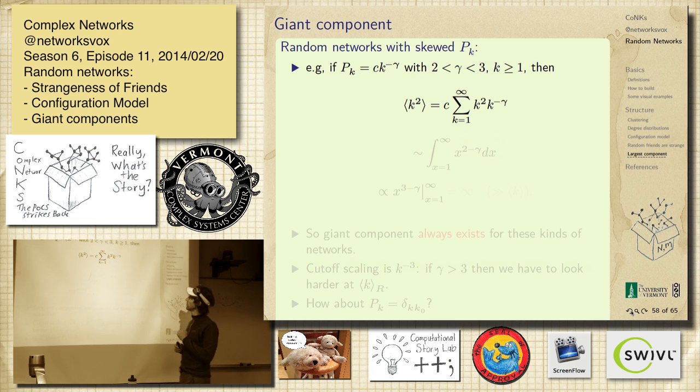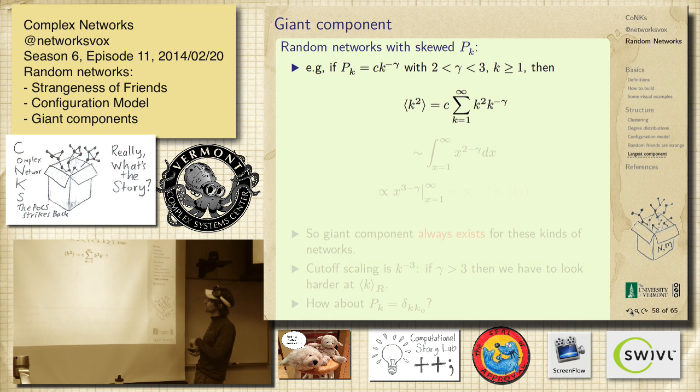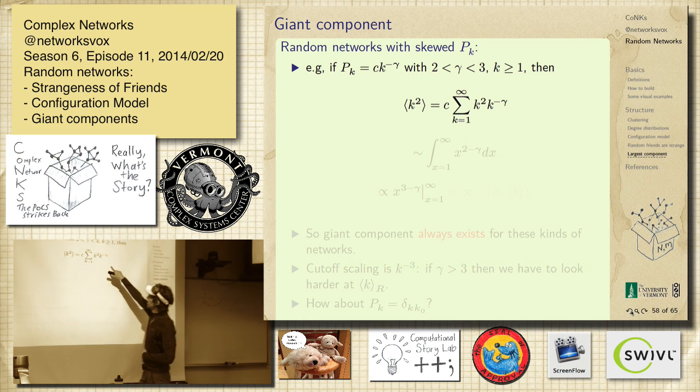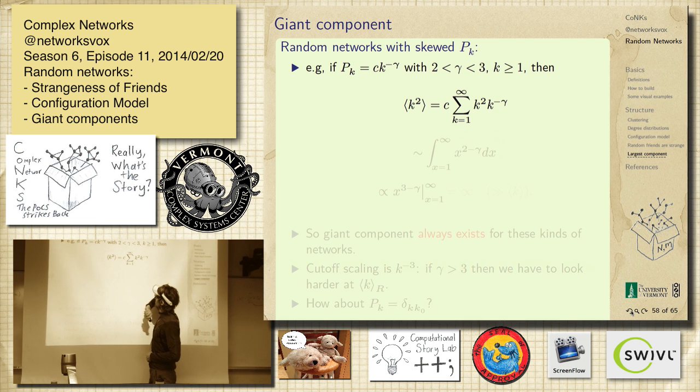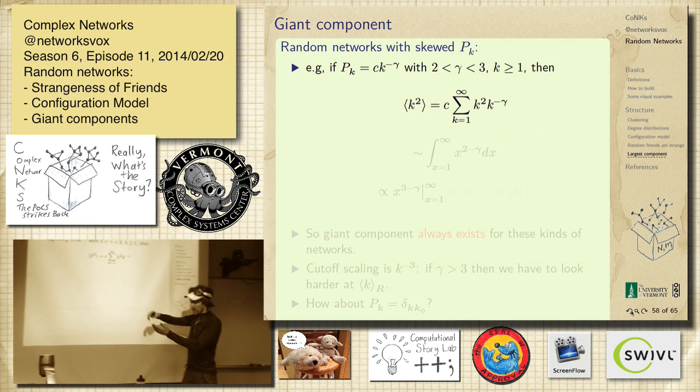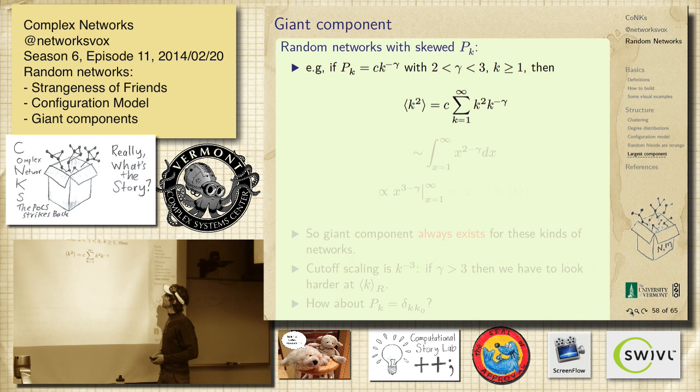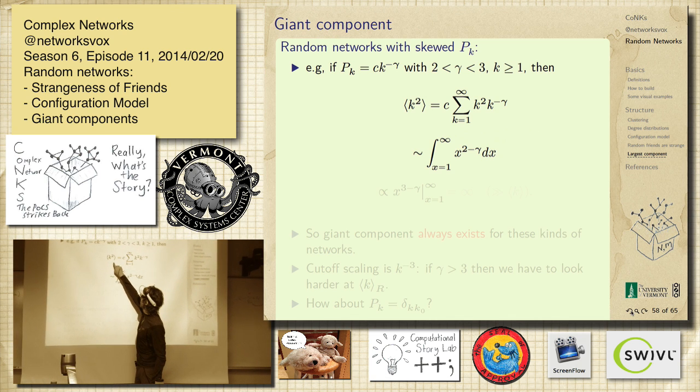All right, so let's just do a little more. So this is a random network story. Let's imagine we have a random network with a power law size distribution. Let's say gamma is between 2 and 3, right? So it's decaying as k to the minus gamma. There are no nodes of degree 1. So, right, there's a normalization constant. You guys have figured all those things out before. It's a zeta function, actually, right?